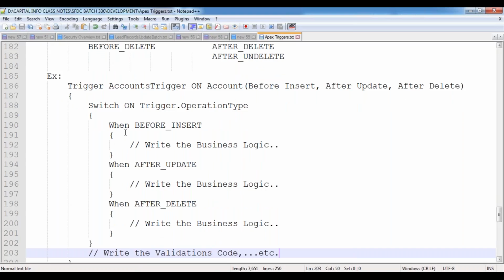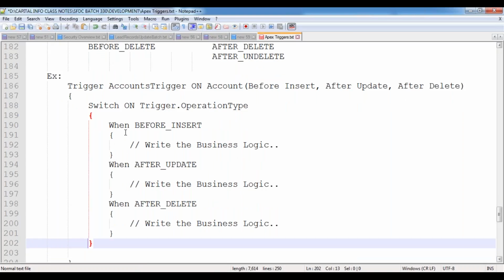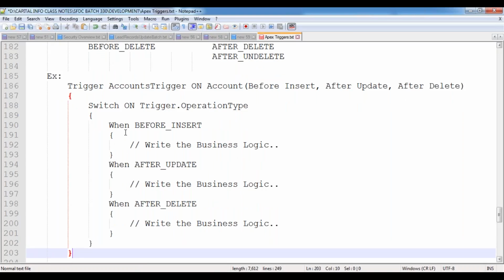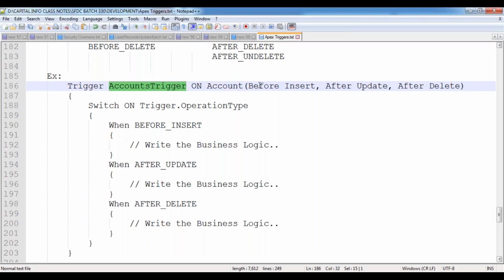In this case, we can write the business logic depending upon that event. Based on that event, whatever business logic you want to execute, we can specify. So now this is my trigger. My trigger is going to be firing on 3 events: before insert, after update, and after delete. Now in the before insert, I want to perform some operations so that we can